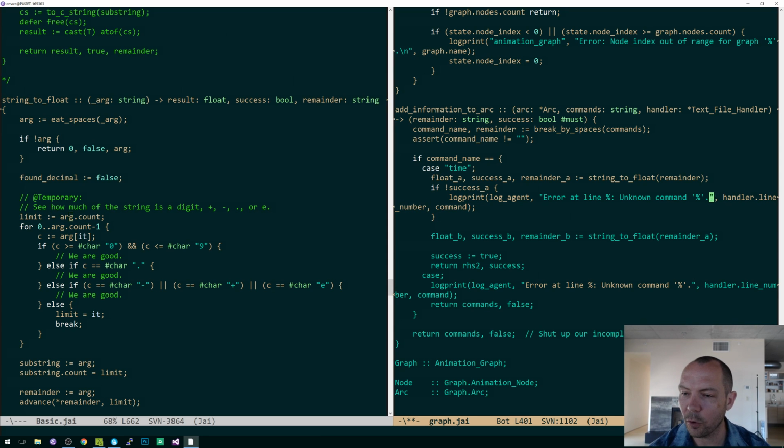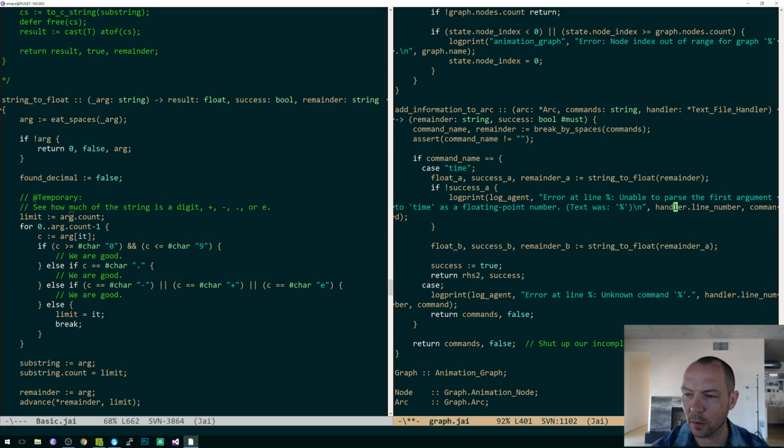Error at line, whatever. Unable to parse the first argument to time as a floating point number. Text was